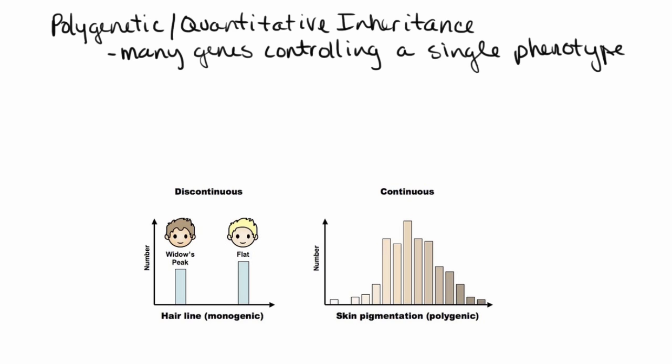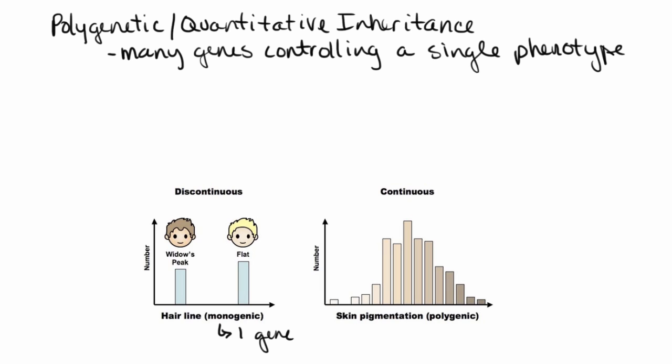In this case, we're looking at things that tend to have many phenotypes, and those phenotypes exist over a continuous range. If we look at the two examples down here, the hairline that we're seeing here is what we would call a monogenic trait. Monogenic means that there is one gene controlling it. And because you only have one gene controlling it, notice that we have very specific phenotypes. Either you have a flat or straight hairline, or you have a widow's peak on the hairline,